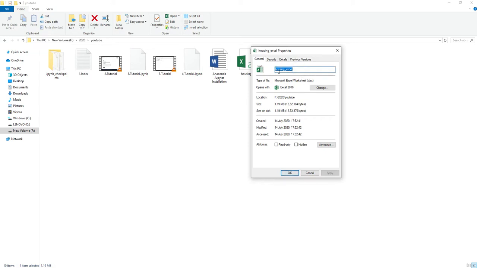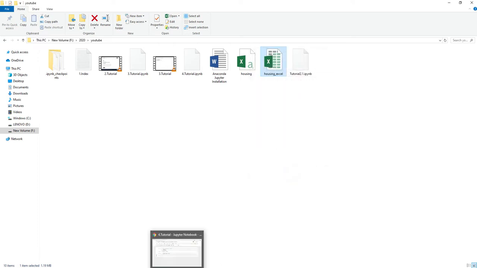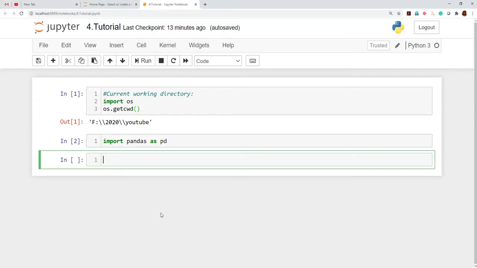So we are already sure that the name is housing underscore Excel, because when we are loading any data set, while loading itself it may throw some error. The first chance is that you have used the wrong name of the data set, or else you have not used the extension. And the third would be some other error, but usually these two things happen with all kinds of learners. Okay, now we are sure, and we'll launch this.